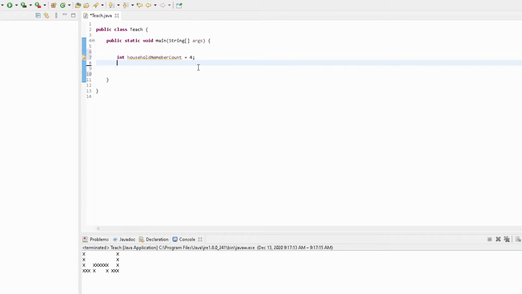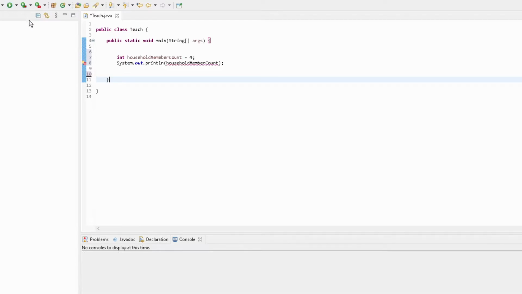So if I said, like last time, System.out.println, remember S is capital, and then we don't do the quotes, and we just type in household member count. That's not in quotes. What is it gonna do? Well, if I ran this,